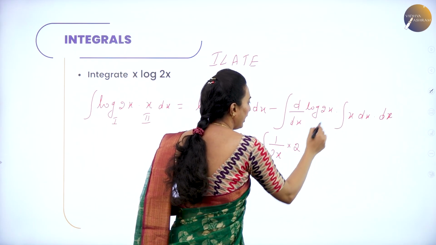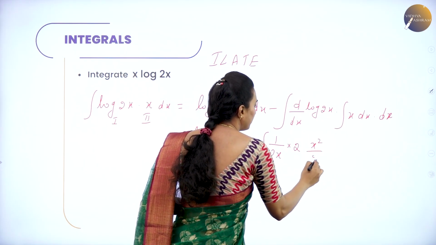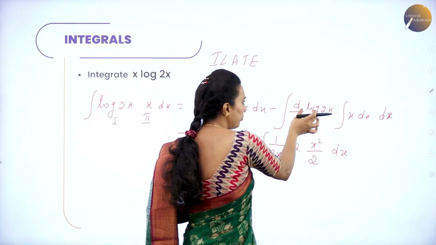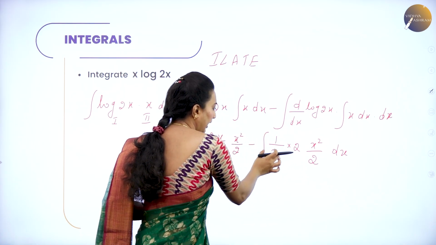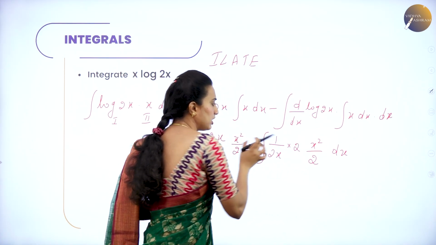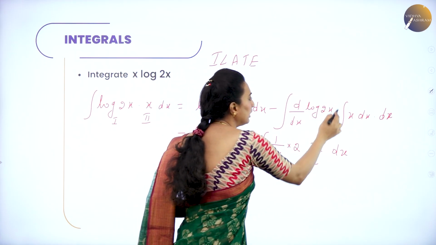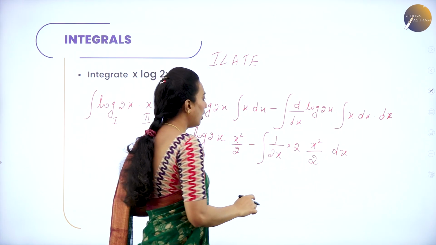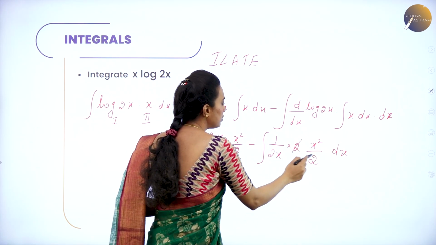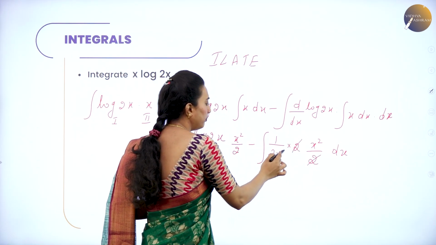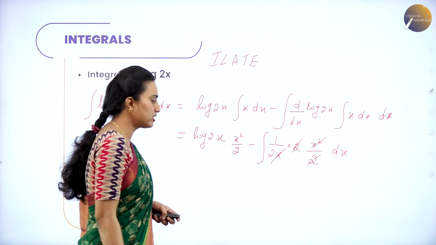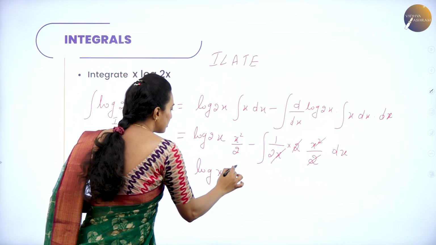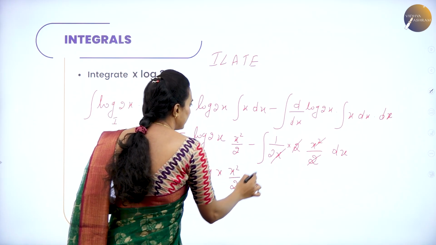Again integral of x is nothing but x squared divided by 2. I hope you are getting this one, into dx. I hope log theta is 1 by theta. Again theta differentiation is 2x, differentiation is 2. Understood? Again integral of x is nothing but what? x square divided by 2. That's it. Now here you can cancel this 2 and this 2, and 1 by 2 will be, and x will be getting cancelled. So remaining is log x into x squared divided by 2 minus